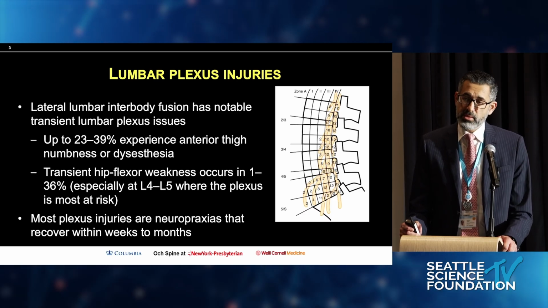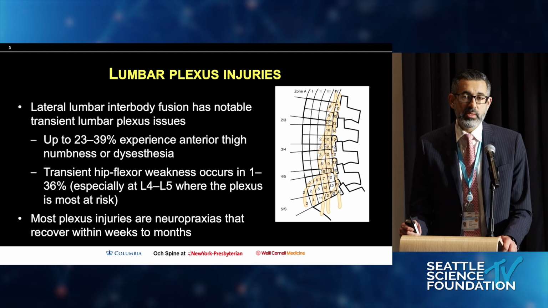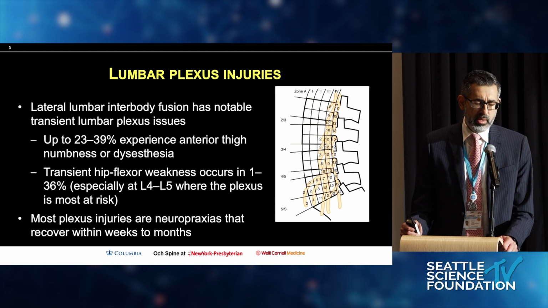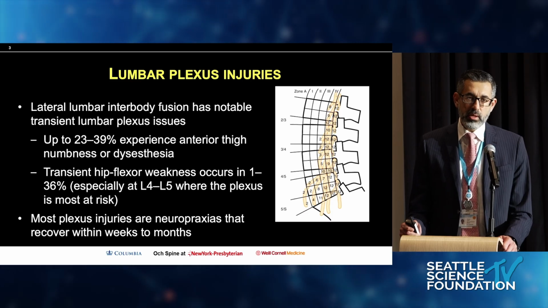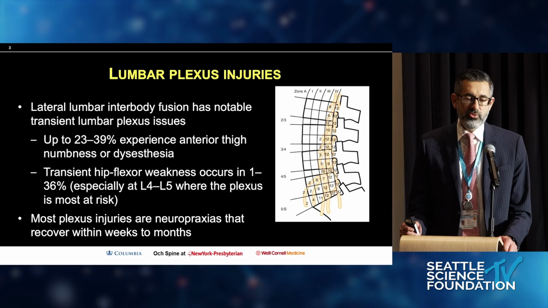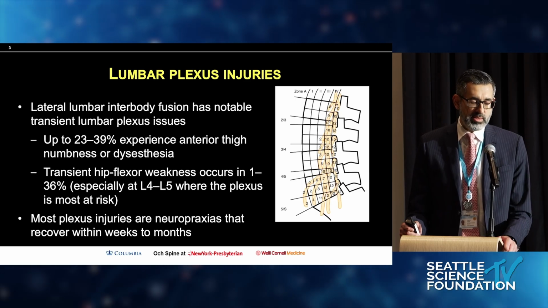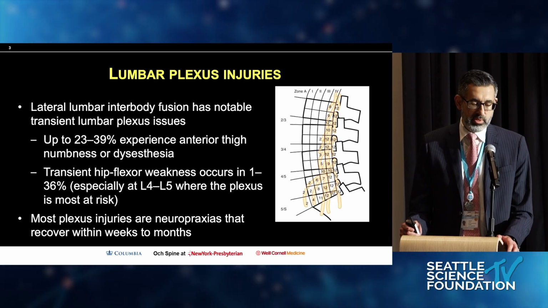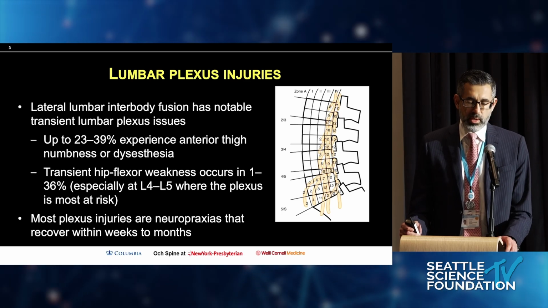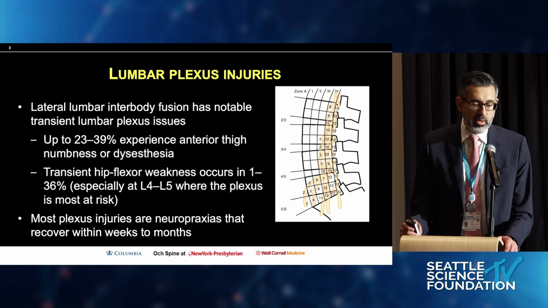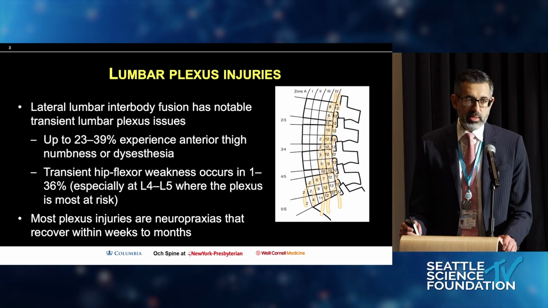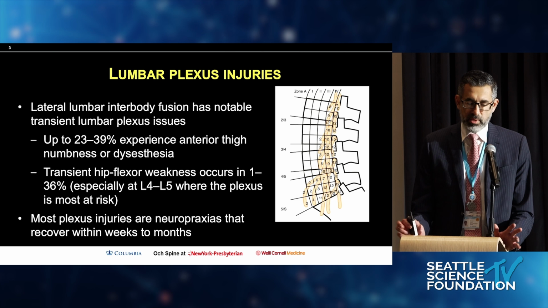We can see up to 23 to 39% of patients experiencing anterior thigh pain, numbness, dysesthesias. And again, hip flexor weakness is not uncommon at all. 1 to 33 or 36% of patients have been reported to have transient hip flexion weakness, especially from L4-5, that typically resolves with time. And I think that's a positive thing, that most of these are transient issues that can resolve. How do we look into it further and try to avoid even those high rates? Well, a lot of work has been done by people in this very room,